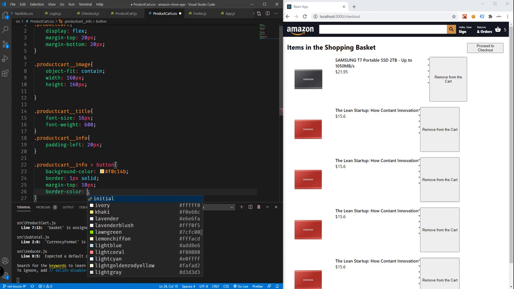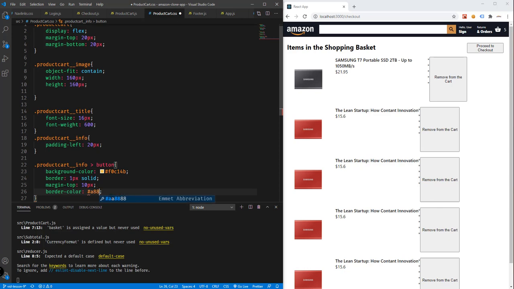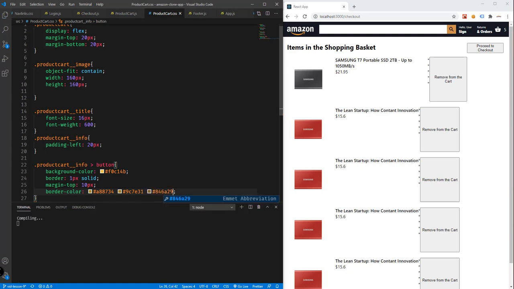So we're gonna have to add 3 values, 734. The second one will be 9C, 7E31. The third will be 846829. Save this,